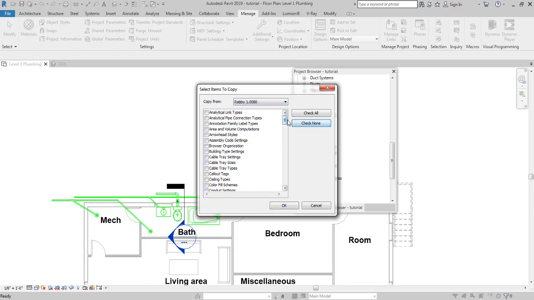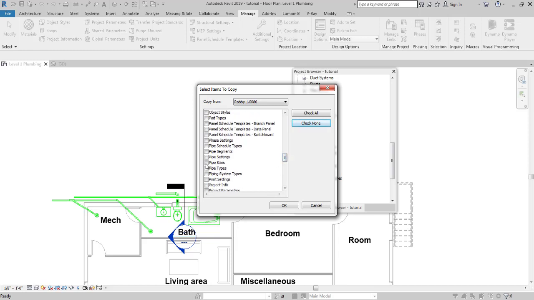Now as you can see, you can copy a bunch of stuff. You can copy cable tray, conduit size, you name it. You can copy a lot of things. You don't need to create everything from the start. The reason I created the PVC pipe for you guys was to help you understand how you can create a PVC pipe. But if you already have a project created with all of the pipes and everything, all you need to do is transfer those pipe types and piping systems, and you're good to go.